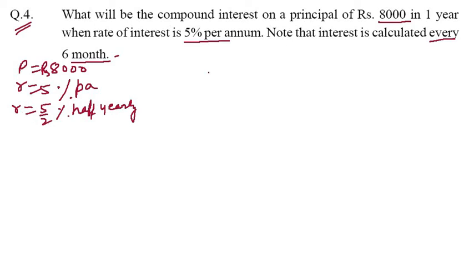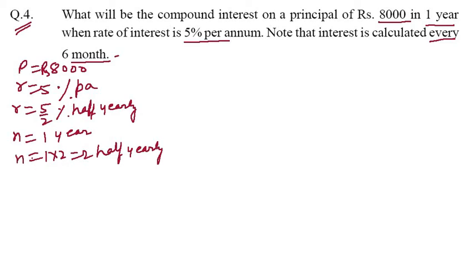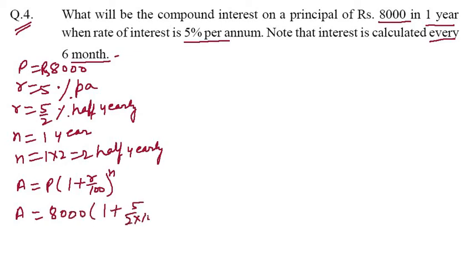So it will be R. Now the time is given as 1 year, so you have to write N is equal to 1 year. But it will be changed into half yearly, so 1 into 2, that is 2 half yearly. Now calculate it. So the formula is A is equal to P, 1 plus R upon 100, to the power N. So amount will be equal to P, that is 8,000, and 1 plus R is 5 by 2,